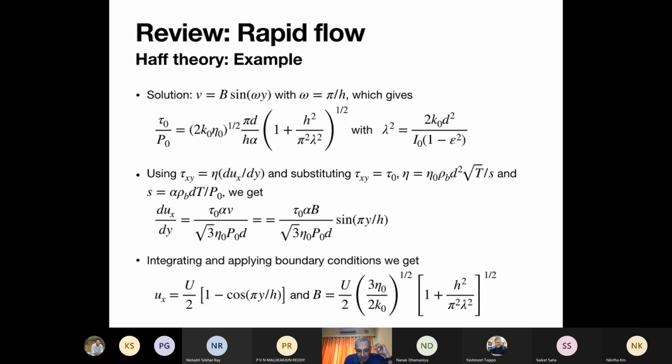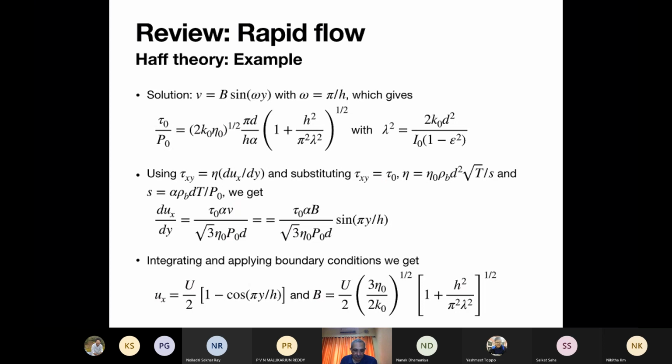And then if you substitute for this using this expression, then you get a simple equation which you can integrate, and then applying the boundary conditions that velocity is 0 at the base and equal to u at the top plate, you will get the two constants. You'll get the full velocity field, and you'll also find out what is b,